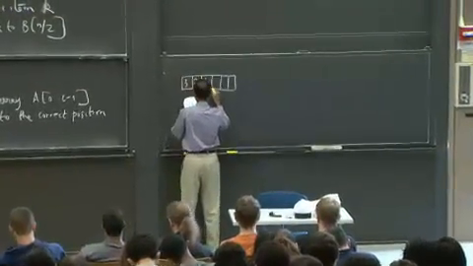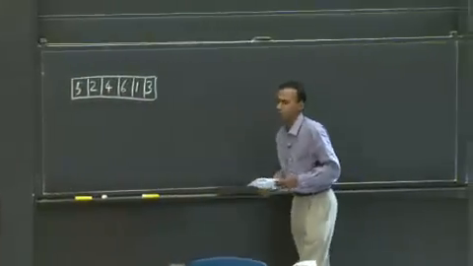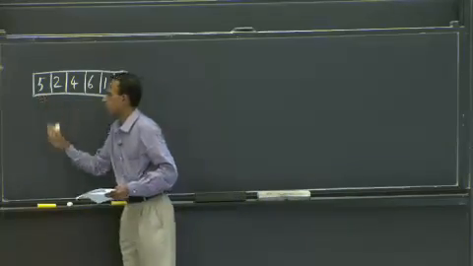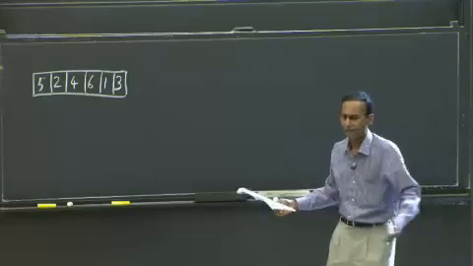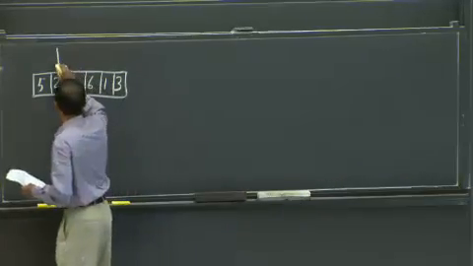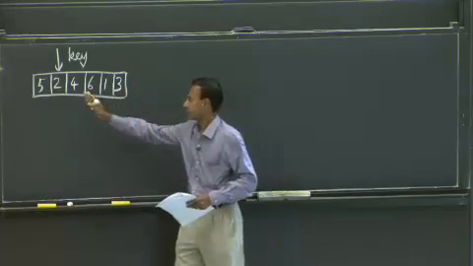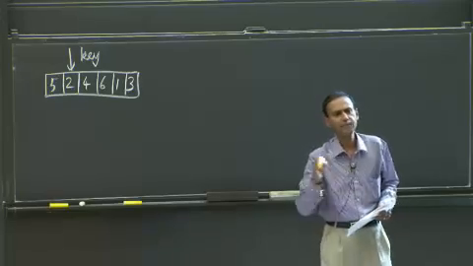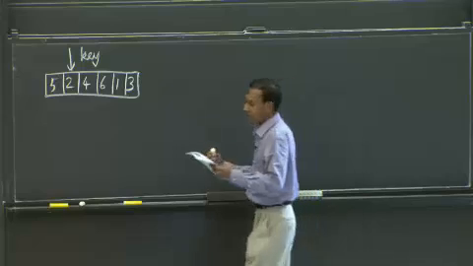And initially we have 5, 2, 4, 6, 1, 3. And we're going to take a look at this. You start with index 1, or the second element, because the very first element is a single element and it's already sorted by definition. You start from here, and this is what we call our key. That's essentially a pointer to where we're at right now. And the key keeps moving to the right as we go through the different steps of the algorithm.